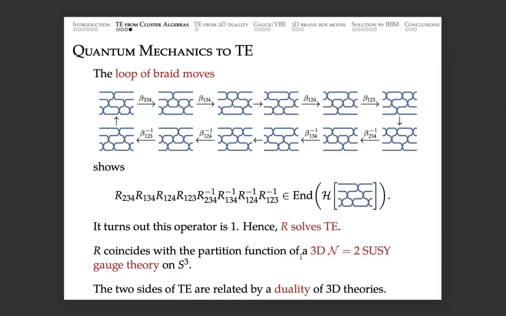But now, if you don't have any questions, I would like to explain another construction of solutions of the tetrahedron equation, which is a new work of mine. Okay, and that's related to two-dimensional supersymmetric gauge theories instead of three-dimensional ones. Right. So yeah, if there are no questions, let me move on.